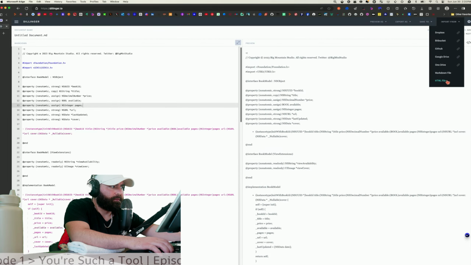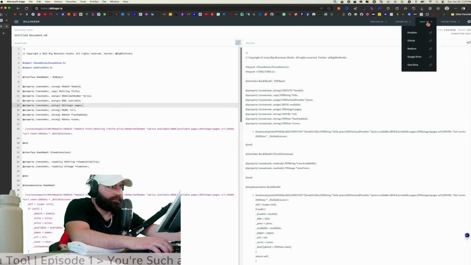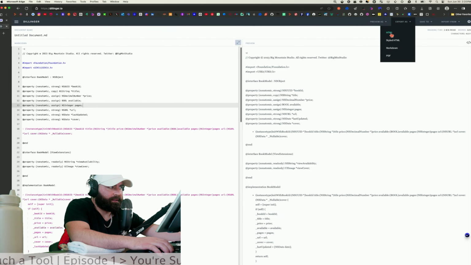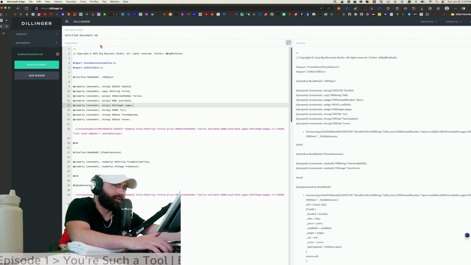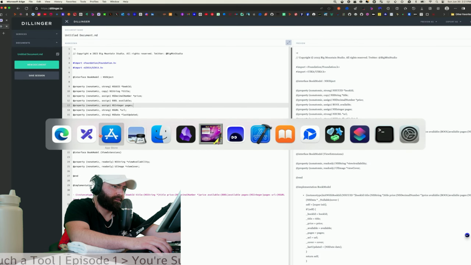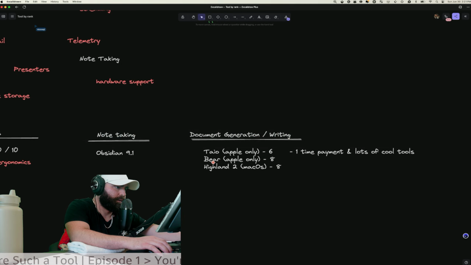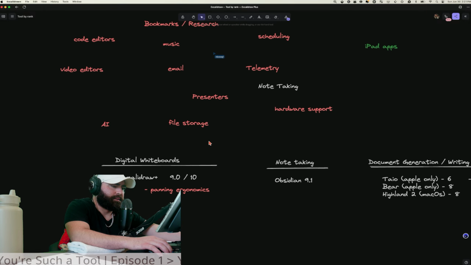You can import from basically any of the popular sources outside of iCloud. You can save to your areas. You can export HTML, PDF, Markdown, preview as. And this is all just in a web app for free. So, frankly, I think if I really had to, I could just get by using this and I wouldn't have to mess with the other stuff. So, Dillinger is awesome. Make sure you use it if you need it because it's there and it's free.